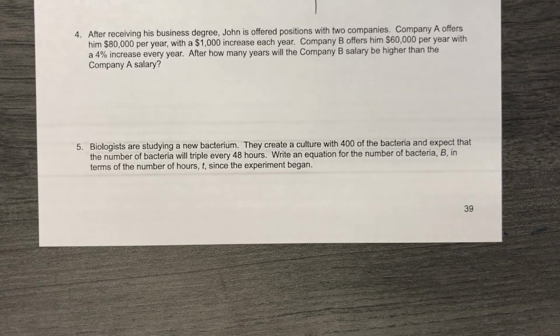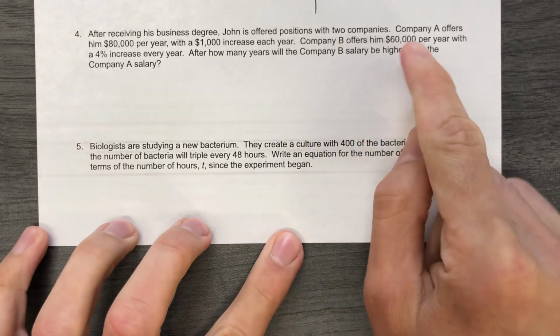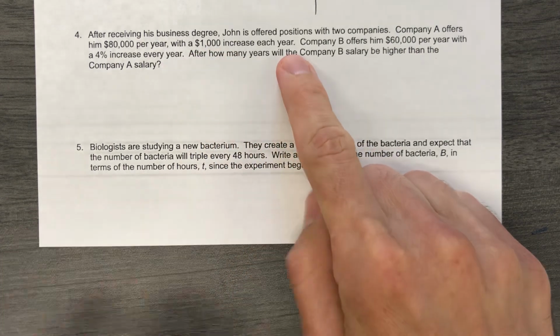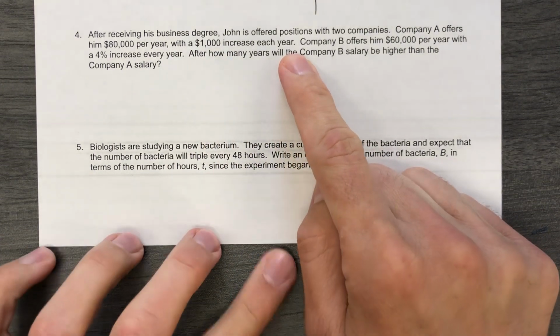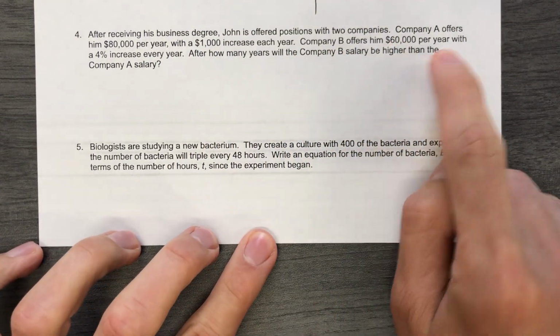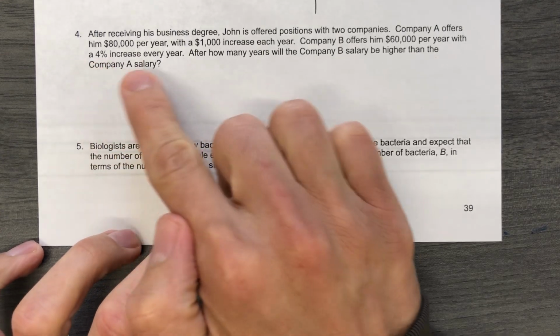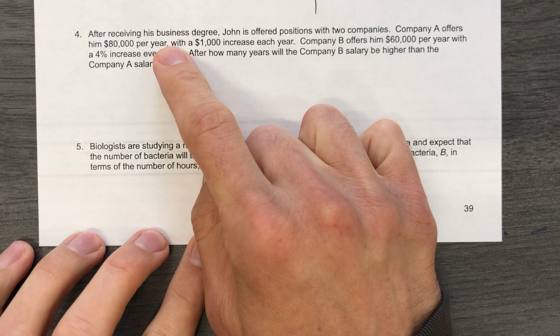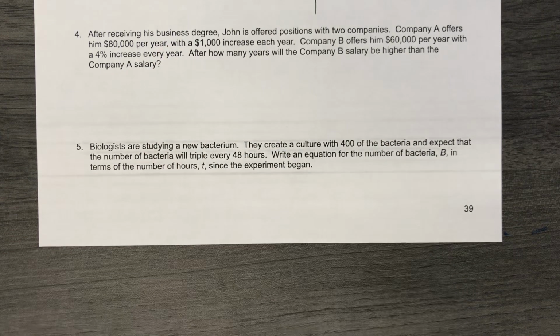After receiving his business degree, John is offered positions with two companies. Company A offers him $80,000 a year with a $1,000 increase each year. Sounds good to me. Company B offers him $60,000 a year with a 4% increase every year. Now, it sounds like he should go with Company A, and that is true, but it's only true up to